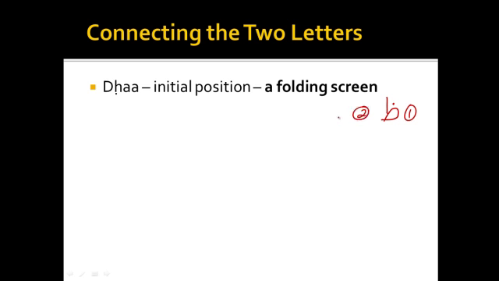In the initial position, looks like this. In the medial position, looks like this. In the final position, looks like that. So we have the word